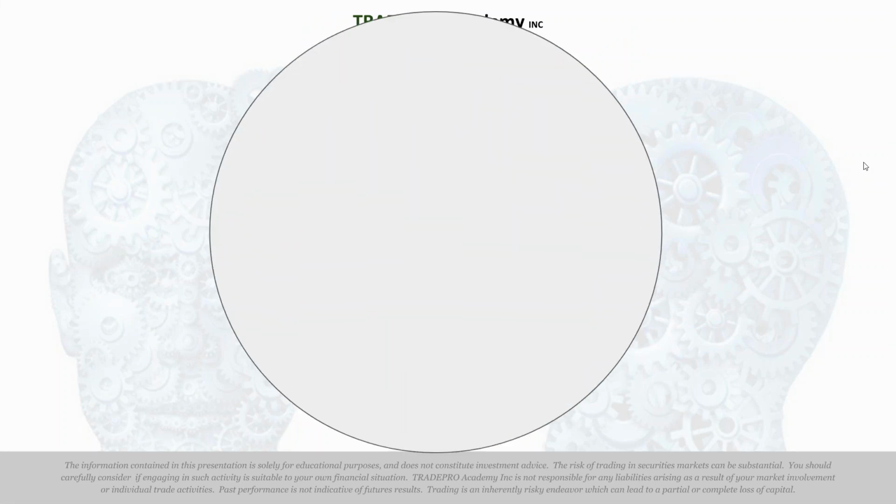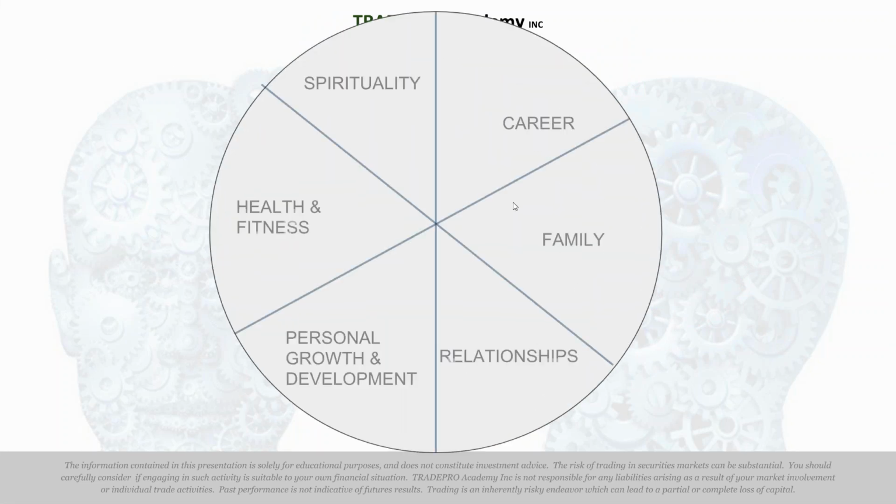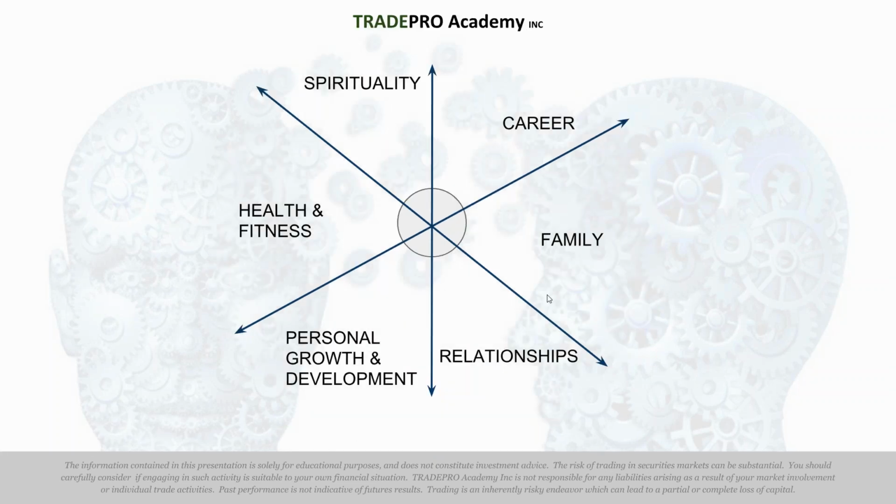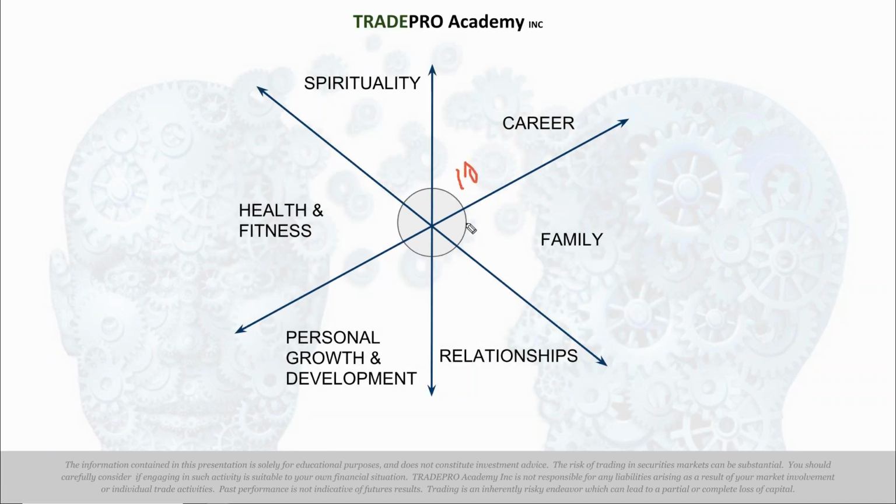No, the idea here is to then make that circle bigger. Get everything to a 10. Once you do that, the idea is to make your new 10 a 1 and start fresh and work your way back up to a 10. When everything becomes a 10, make that a 1 and continue going.